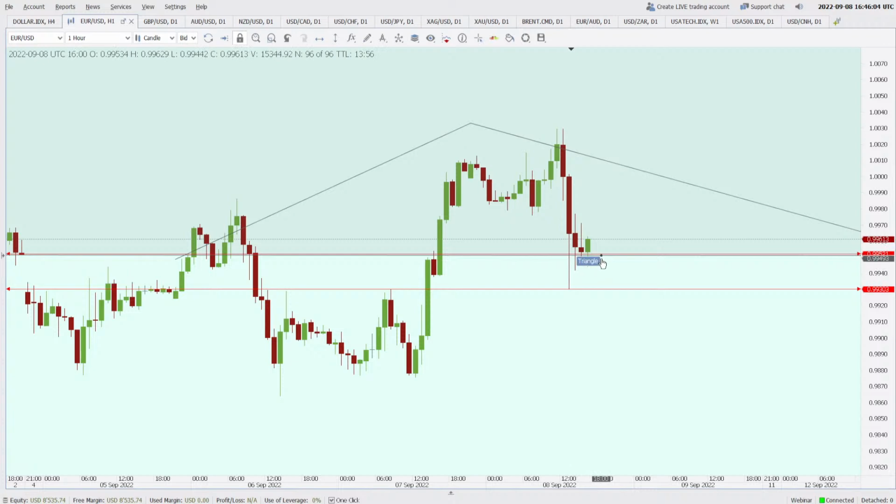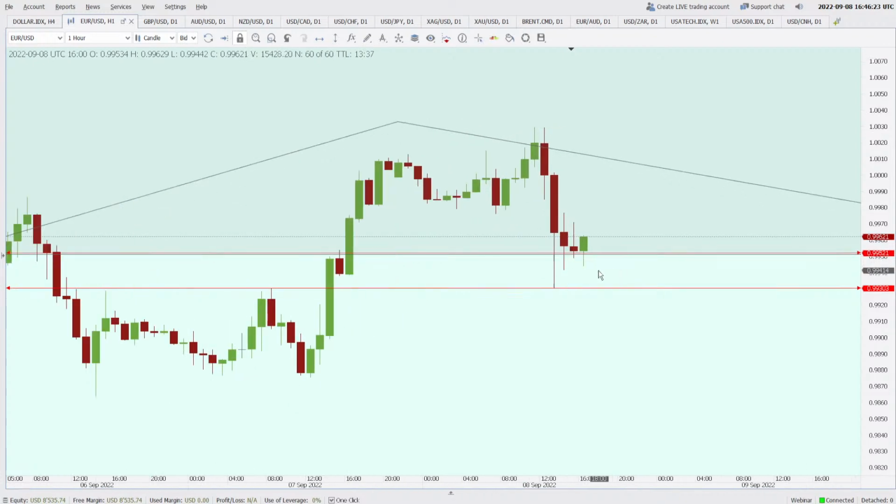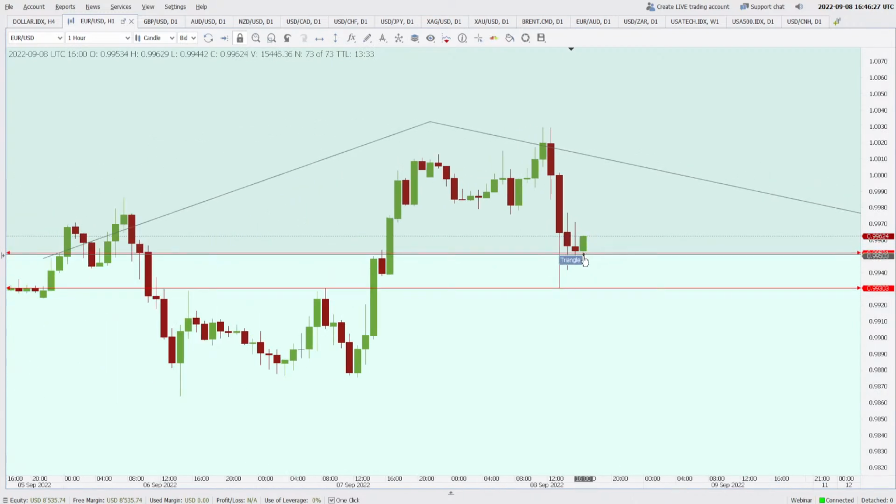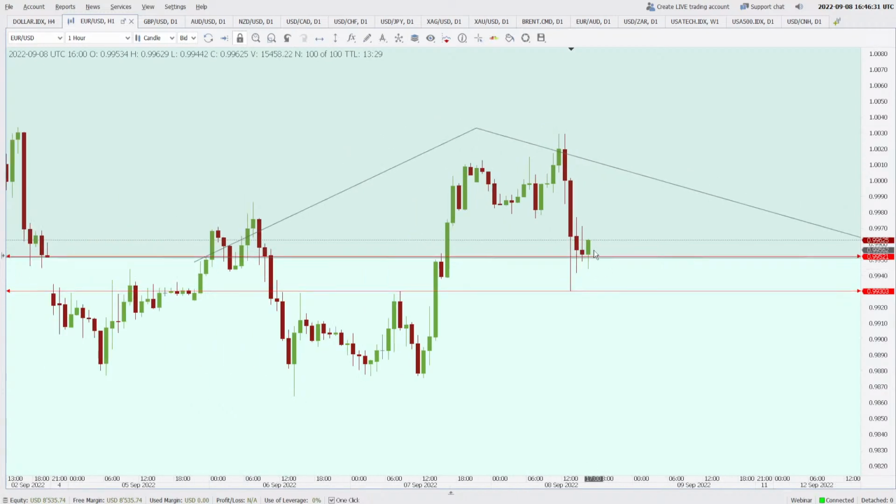But yes, till the time 0.9952 is holding on my chart, I can safely say that it is going to rise. I don't know whether rates are hiked or rates are reduced. It really doesn't matter for me because it is already being reflected on my chart. If there is a rate hike, then this will become a bullish pin bar. All right, guys, and this is what it is becoming.